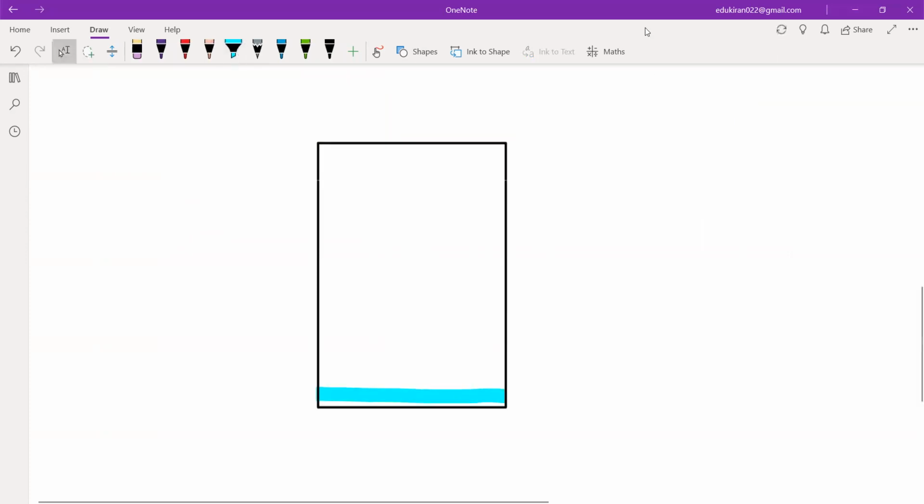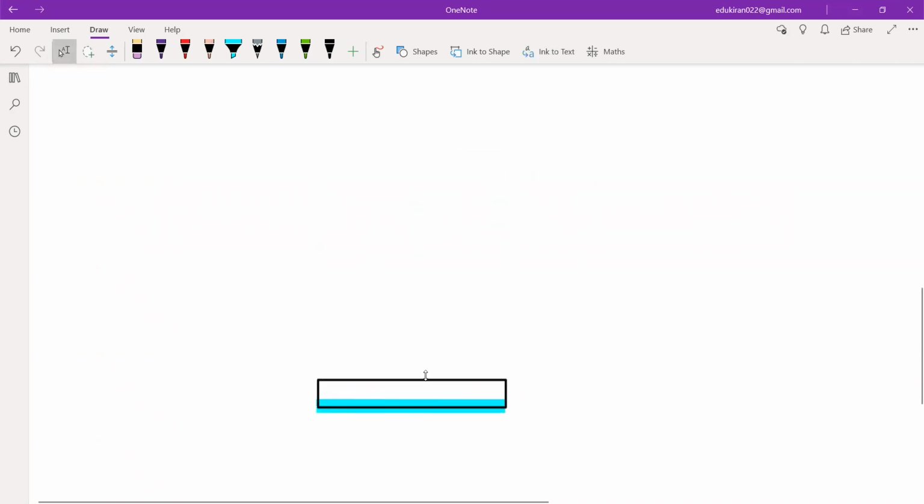Okay, I have water like this. Now, if the compartment is very small,